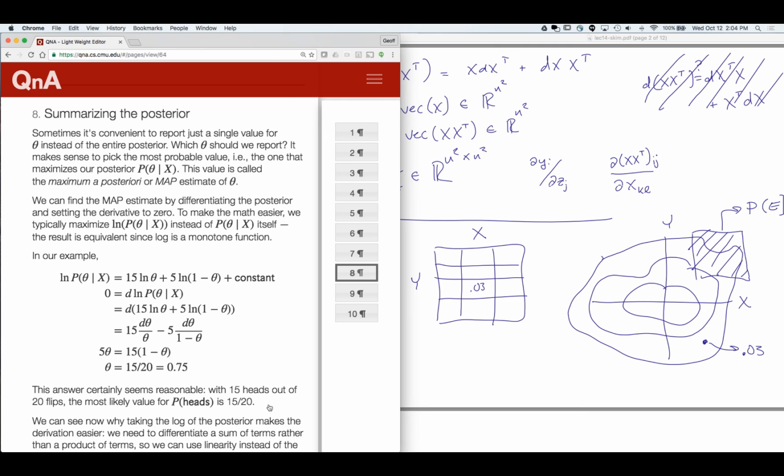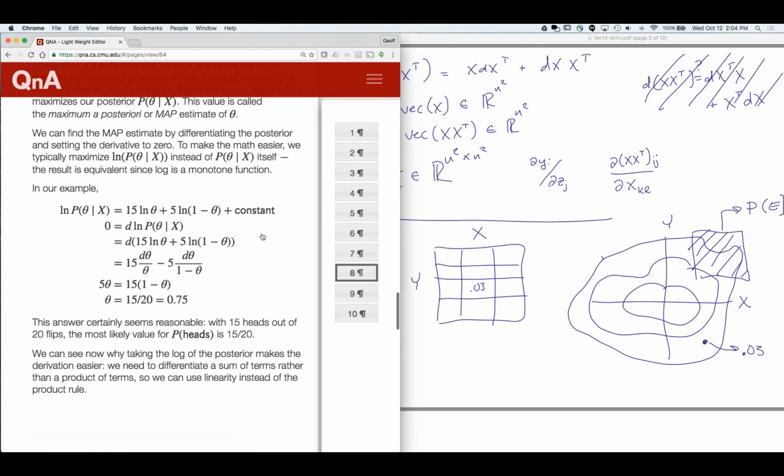And as usual, to maximize a continuous function, we can differentiate and set the derivative to 0. Well, we also have to do the usual checks, like does that get us a maximum or a minimum, and could the maximum occur on the boundary of the feasible region? But for now, I'm going to ignore those and just say differentiate and set to 0. And actually, it's common to maximize the log probability instead of the probability. That's just fine because log is monotone, so the maximum is going to be in the same place. And so in our example,